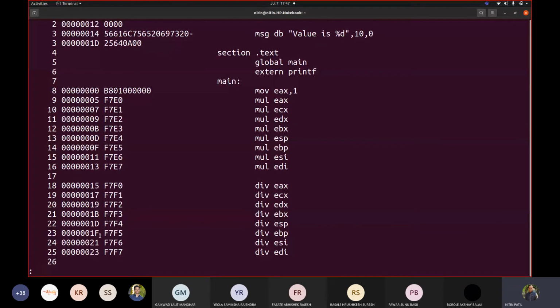Now if F7, like I show you 2 fingers and ask you to pick one, whether it is mul or div, how will you know that? You will verify what the next byte is, and according to that you are going to distinguish whether it is multiplication or division. Now see what kind of logic is used internally to differentiate between the instructions.